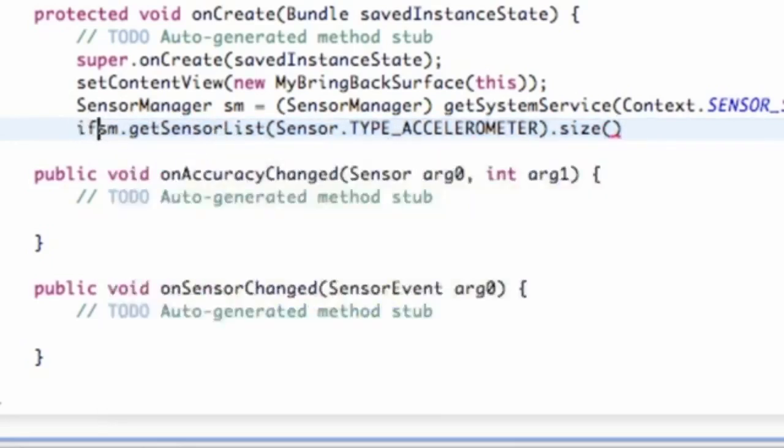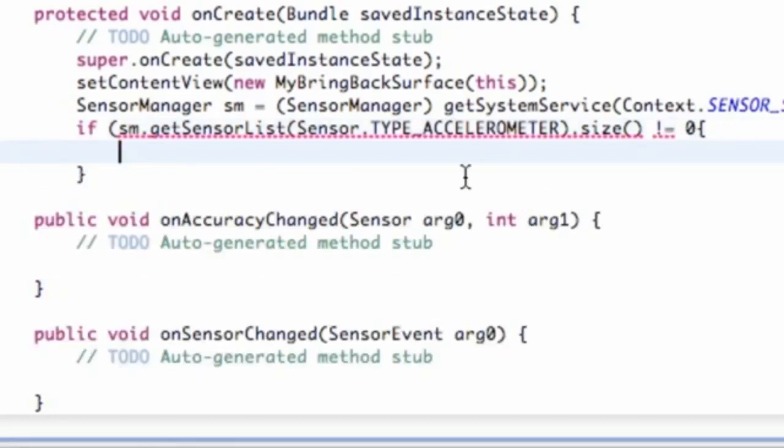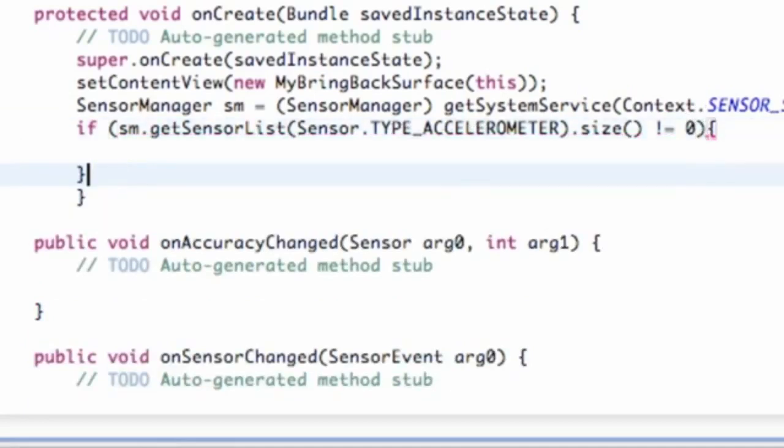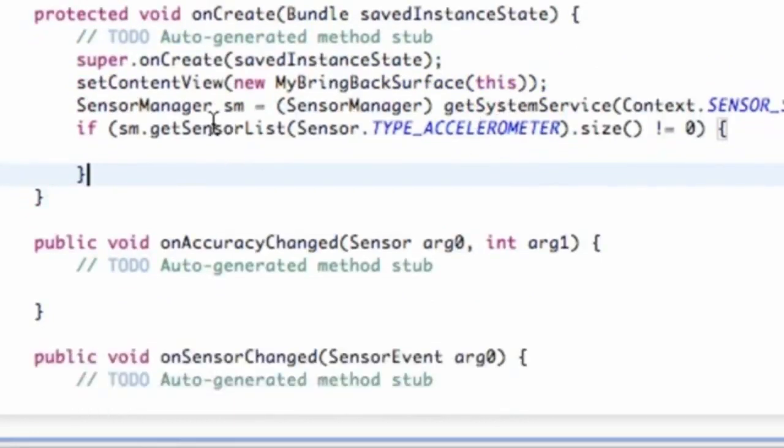So we're going to create an if statement, and as long as this is not equal to 0, we're going to do whatever is within these brackets. Then we just finish off our if statement like that. Make sure all our brackets are set in there. Alright, just formatted it. So now we've checked from our system manager if the accelerometer exists,